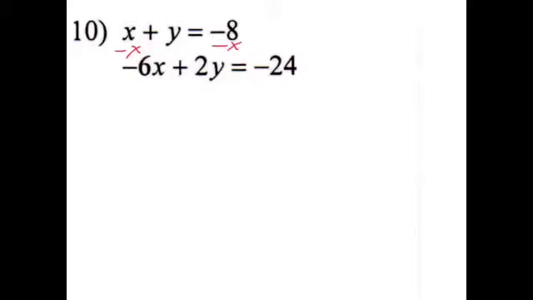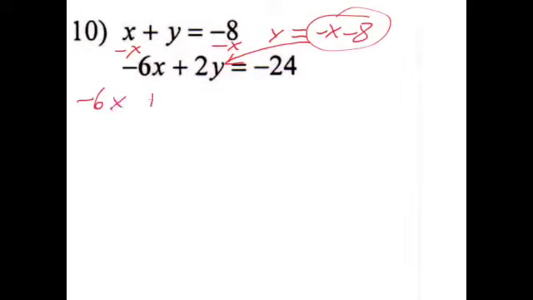So I'm going to take my first equation and solve for y, so I'm going to subtract x from both sides to get y equals -x minus 8. And this is the same thing as what I started with. And now I have a substitution situation. I have y equaling something, so I can take that something and put it into the other equation. That would give me -6x plus 2, and then in parentheses the -x minus 8, and then equals -24 at